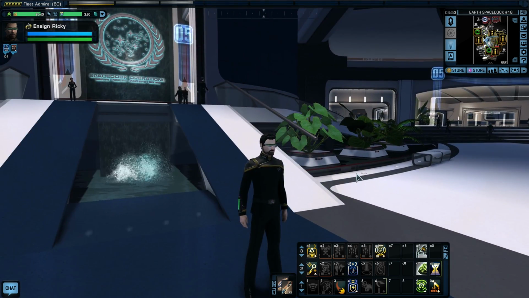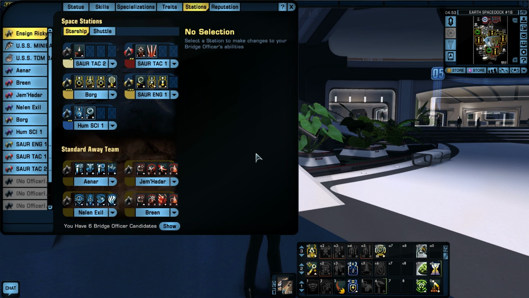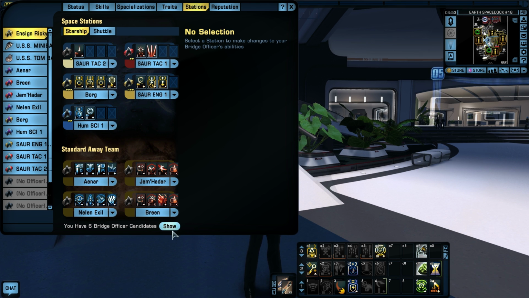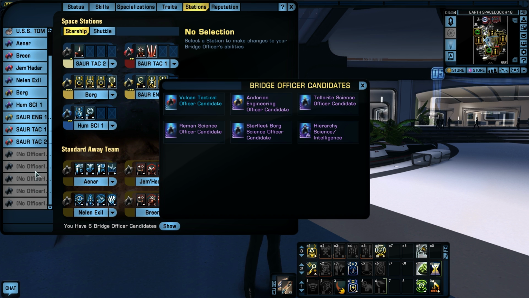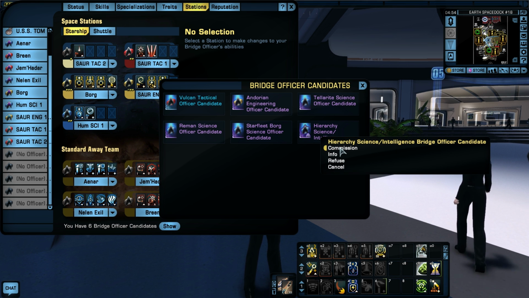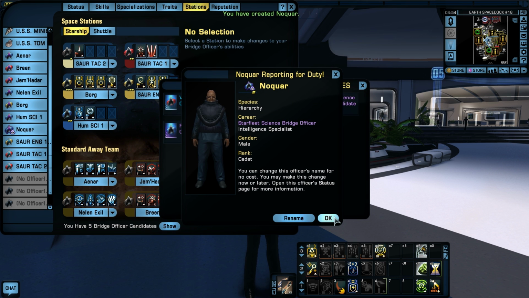When you hit U is where you will find all the new Bridge Officer reputation stuff, especially when you click on stations. This is now completely different. No longer do you have the Bridge Officer candidates on the right side. You now have to click this little button that does show, and that shows you the candidates that you don't have commissioned into your Bridge Officers. As you can see, I've got several Bridge Officer slots. I could commission these officers in here, and in fact, I'll probably go ahead and commission the Hierarchy one, because eventually I'm going to use him on some kind of ship. You know, a Tier 6 ship or whatever. I will definitely want to use an